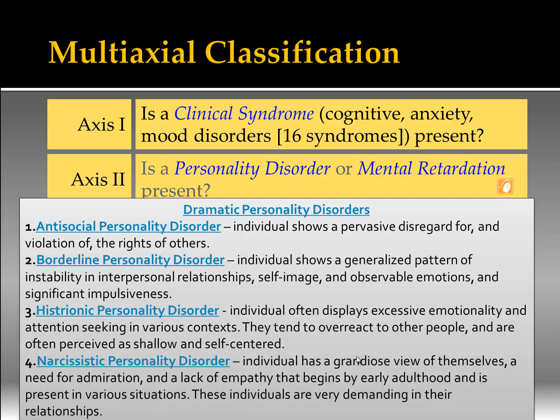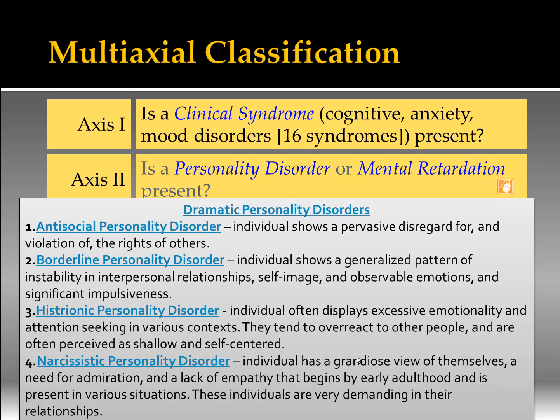The borderline personality is one of the more difficult personalities, and we're currently involved in writing a DSM-5, which is supposed to come out around May of 2013, but I'm not holding my breath, as the DSM-5 was supposed to have been out around 2010. So they're still soliciting comments on the new manual, and so I'm not quite sure if we'll make that May 2013 deadline. But anyways, in the borderline personality, an individual shows a generalized pattern of instability in interpersonal relationships,